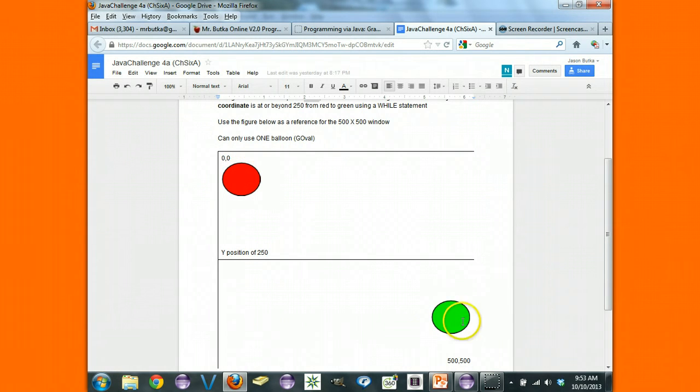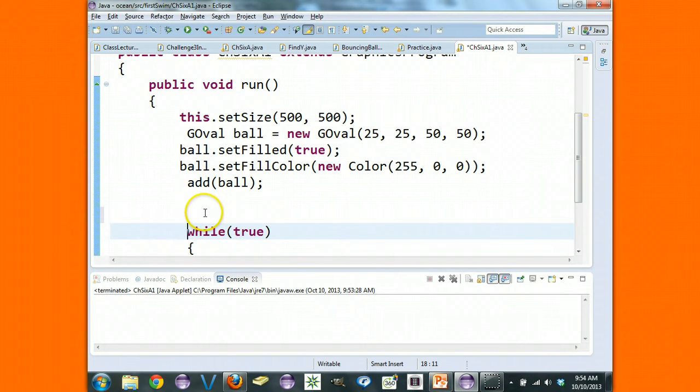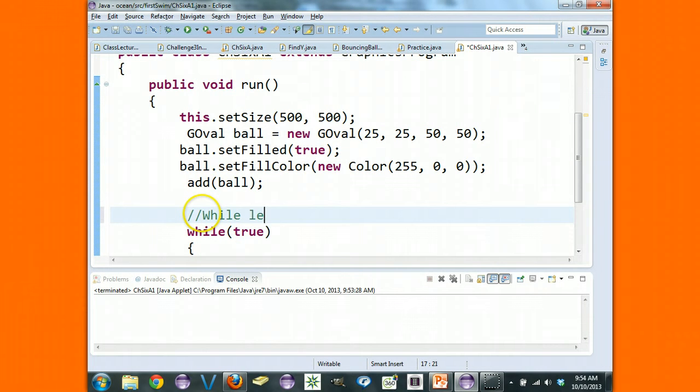Then while the ball is greater than 250 y, it should be green. So my while statement should reflect that. So if I go back to here, I'm going to take this first one, I'm going to say while less than, actually I'll just use the symbol, 250. I want it to be green, I'm sorry, red, and I want it to